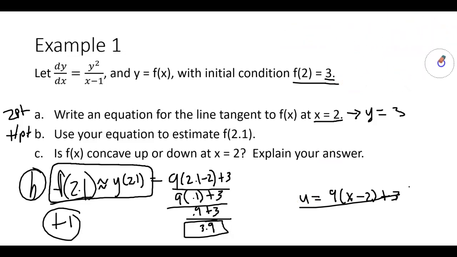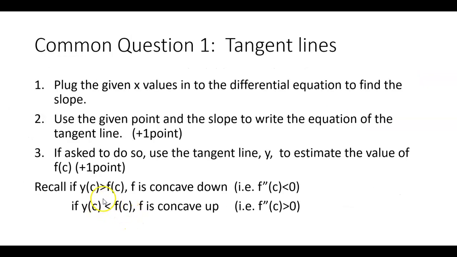But basically, this is where this part comes in kind of handy back here. If your tangent line gives an estimate that's greater than your function, what would that look like? Here's my tangent line. If that's greater than my function, that means it's above it. And the only way that's going to happen is if your function is concave down. So if your tangent line gives an answer that's greater than your function, that means your function is concave down, which means the second derivative is negative.